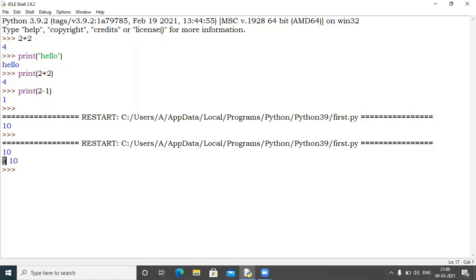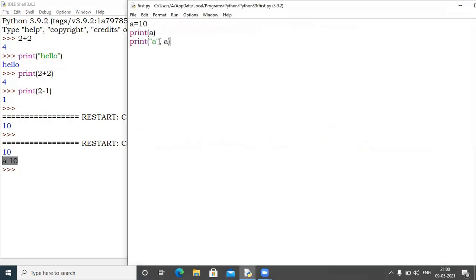And if you want to display the value of A, then you will write A without any inverted comma. Now I wrote two things together in one line. And if you want to separate these two things, you have to use this comma, as I have written here. So this is how you can display any message along with the value.